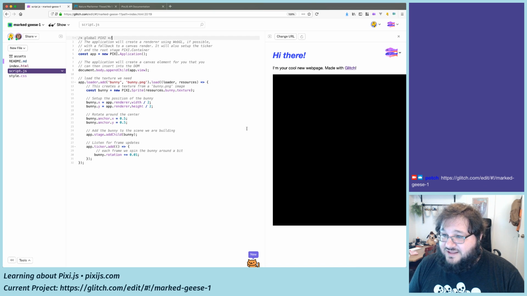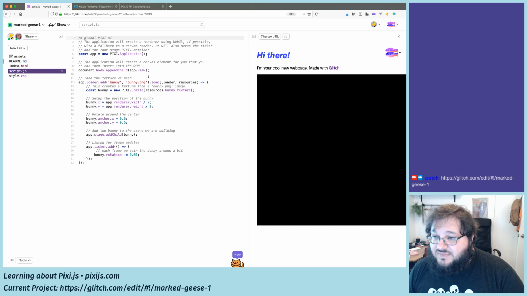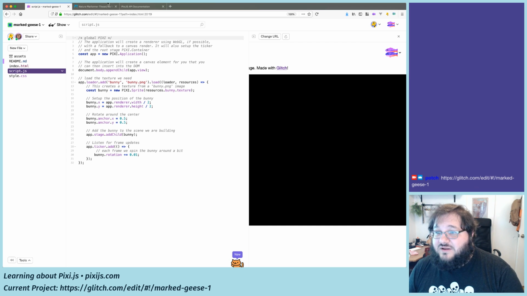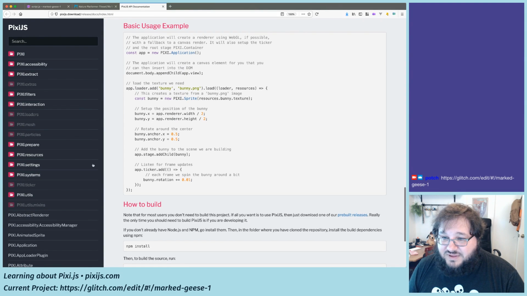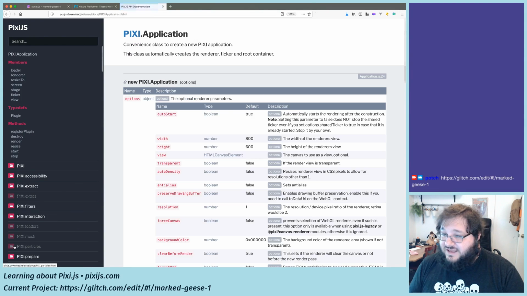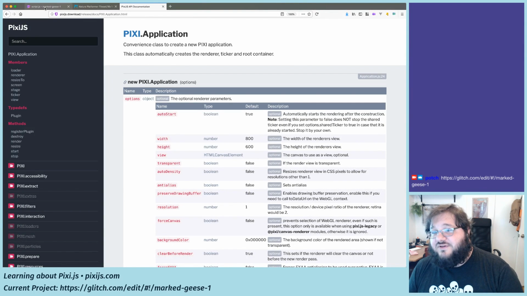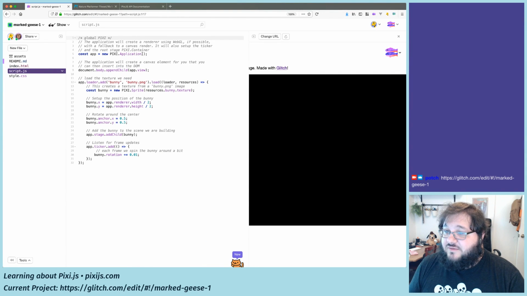I'm going to make the application a little smaller than, it looks like maybe there's a default size based on the size of this window. Maybe we can figure out how best to make that smaller. Pixie.application. I'm going to guess that in here, width and height. Great, and they default to 800 by 600. So I should be able to say